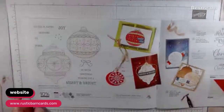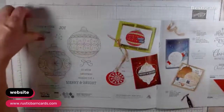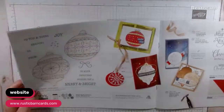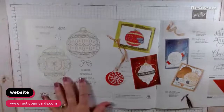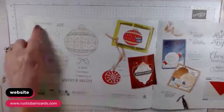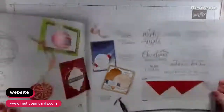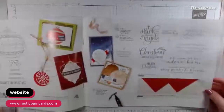On page 40, Bright Bubbles. So you have another stamp set and also dies to go with that. And you have to you and yours, sending to and from. On page 41,